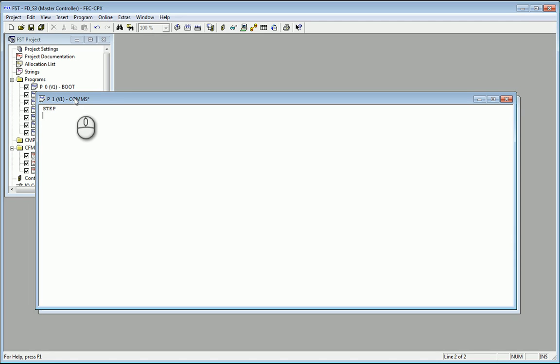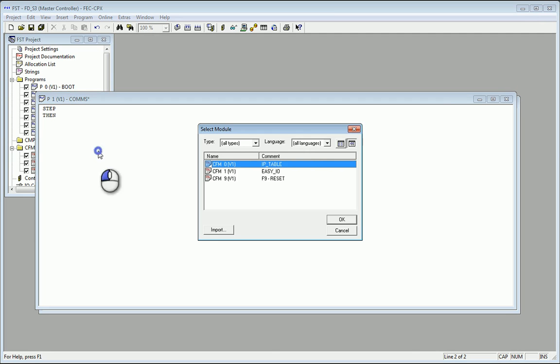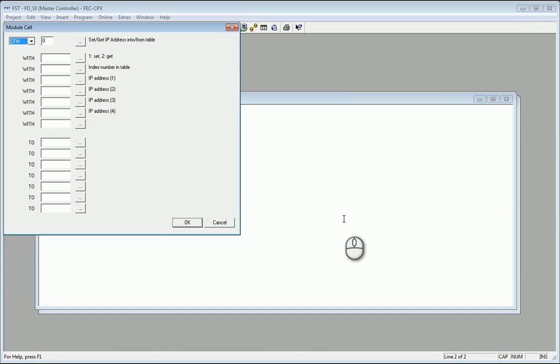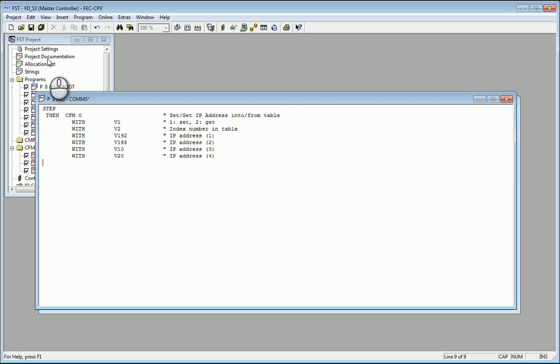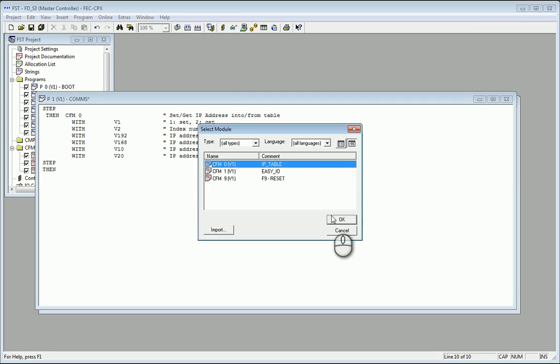Start off with a step, then use a module called Control F2, CFM0, hit OK, and then we need to set up number 1 for set, index number 2, IP address of the second station 192.168.20, press OK, create another step, then Control F2 again, the IP table,